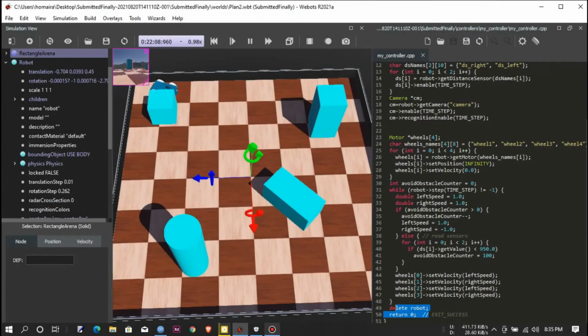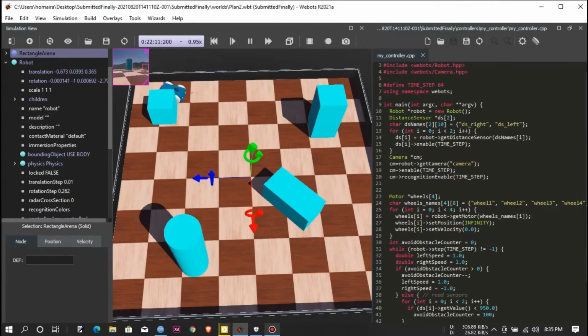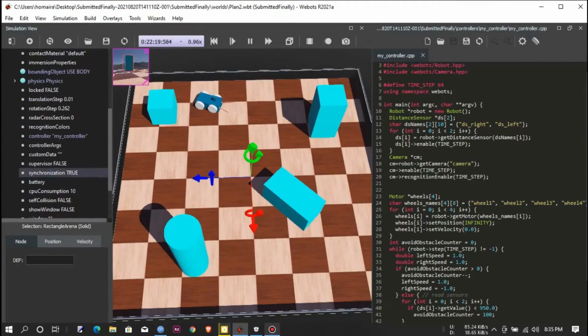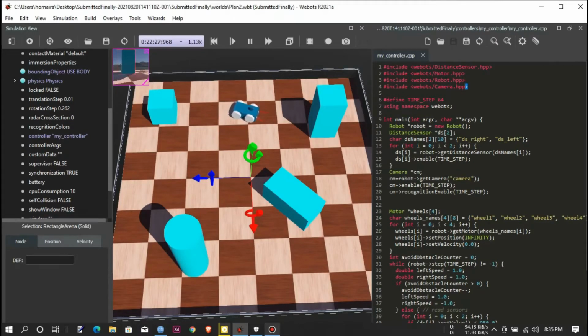Assalamu alaikum. I'm Mahdi Hassan, and in this project I have done the robot controller coding section. For this, in the wizard section, I made a new robot controller for C++ language and set the robot controller to the controller that I had just created. In the code, firstly I imported some libraries which are distance sensor, motor, and robot. Then I set the timestep to 64, so it will give us an update after each 64 milliseconds.